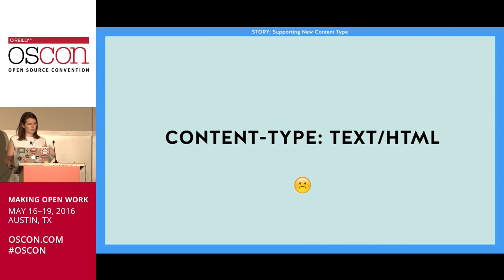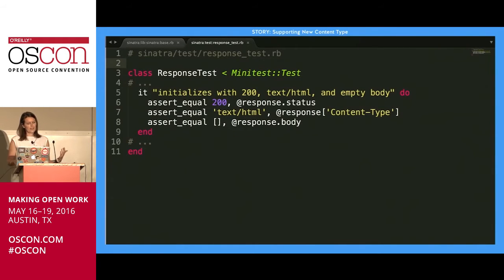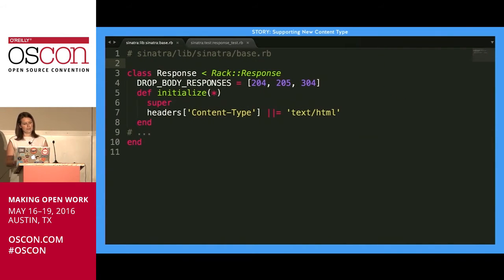So we thought, how did this happen? We didn't set this. We didn't set text HTML. We were using a framework, Sinatra. It's a very popular Ruby web application framework. And so we dug into it. Maybe Sinatra's doing something. So we dug right into the test suite of Sinatra, and it says, almost in plain English right there, it initializes with text HTML content type. So we thought, okay, what? It's going to default to content type text HTML. And right there, you can see it's setting headers either use the content type header that you're setting, or default to text HTML.